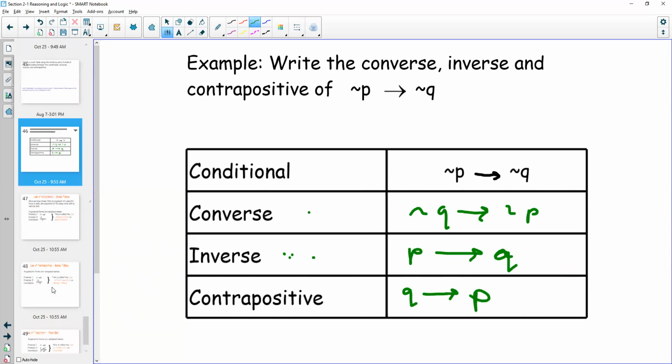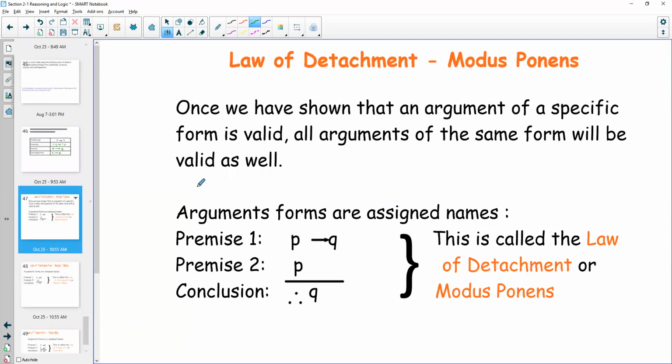All right, there's two other laws, three at the end here. One of them is called the law of detachment. Basically what it says is that if P, then Q, P, therefore Q. So if I have a valid argument here, okay, then I know that this is a premise and this is a conclusion. If this is true and this is true, then Q is also true. So if on cloudy days I wear a hat, today is cloudy, then I wear a hat, okay?